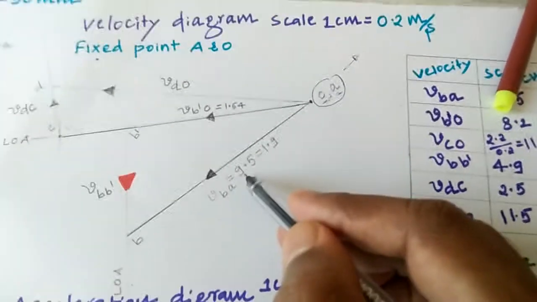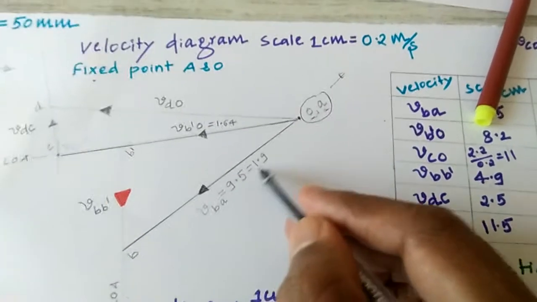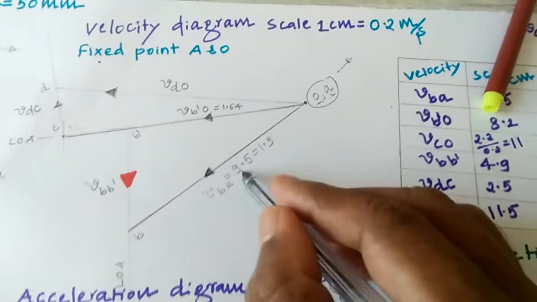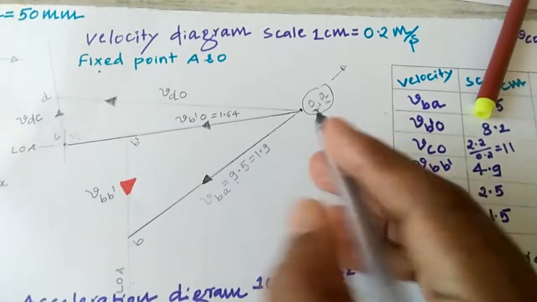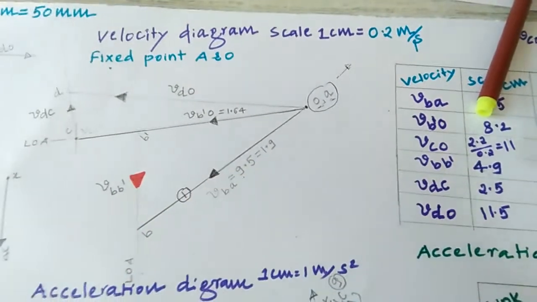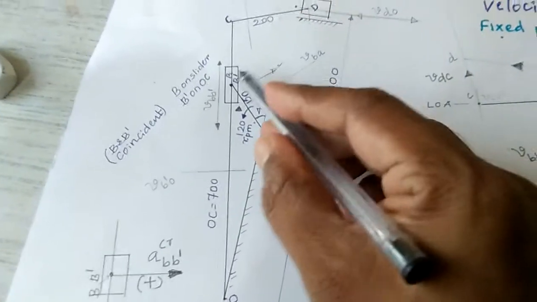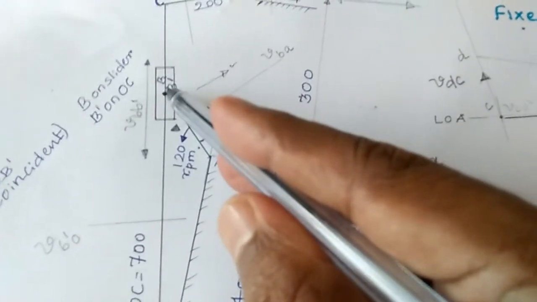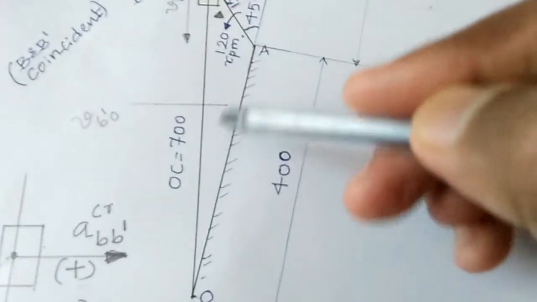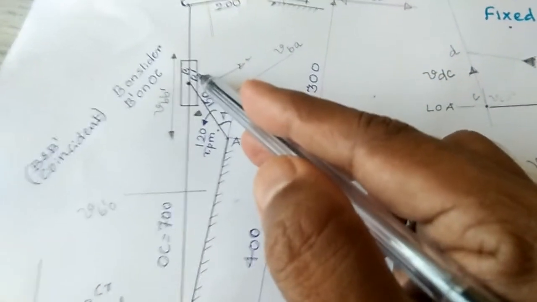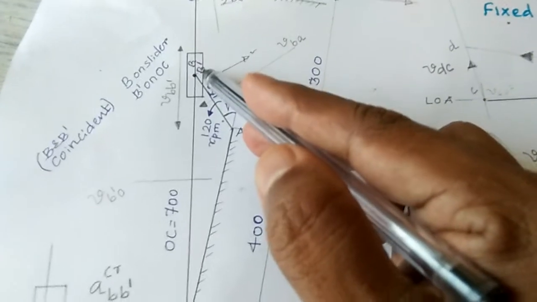That is what you have calculated, it comes as 1.9. You take a scale, and it comes as 9.5 centimeter. You draw it. You first draw this one. Then second, you have to go for the line of action. One thing, this is B. Look at the figure. B dash makes contact with O also. It makes contact with B also. B dash is the intersection of these points.